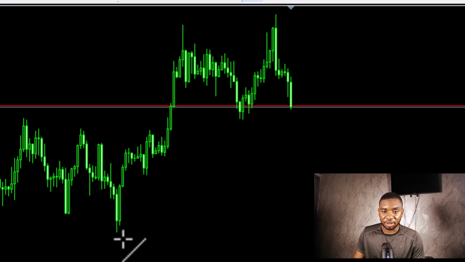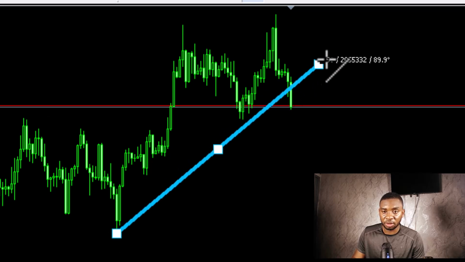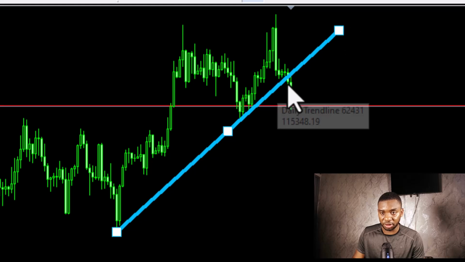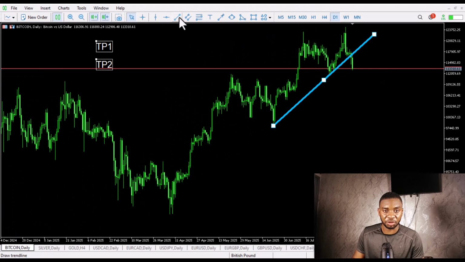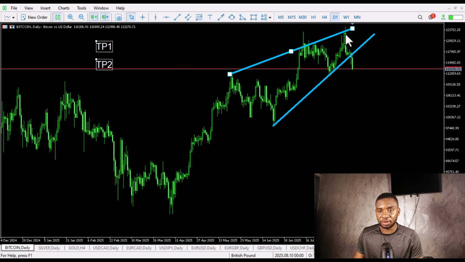We have another pattern. If you take it from this swing here to this point, yes, we have our breaker here, which I've shown already. And if you draw from here to here, you can see that we have our ascending wedge pattern. When you see something like this in a wedge pattern, it tells you that there is going to be at least a retracement up to a certain level, as low as this point. So when we have an ascending wedge pattern and we have a breakout, let's say price closed as it is now,